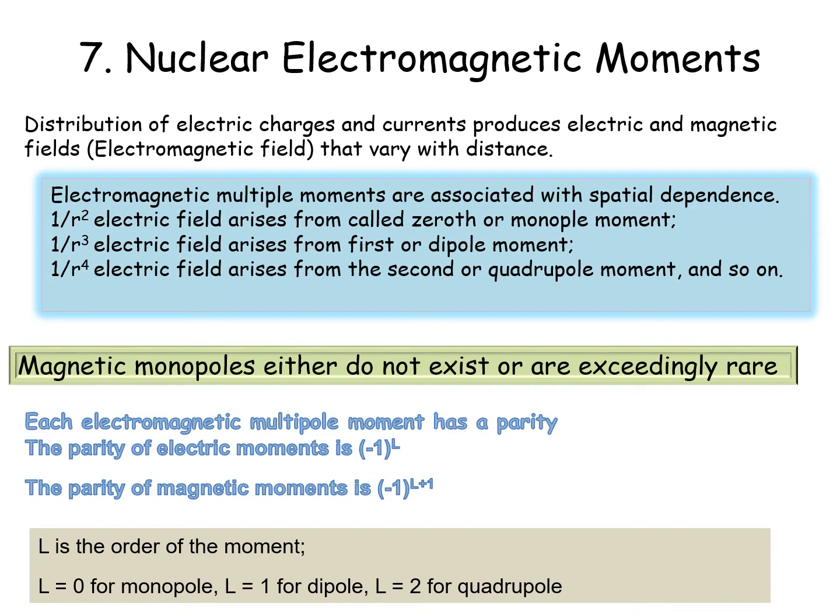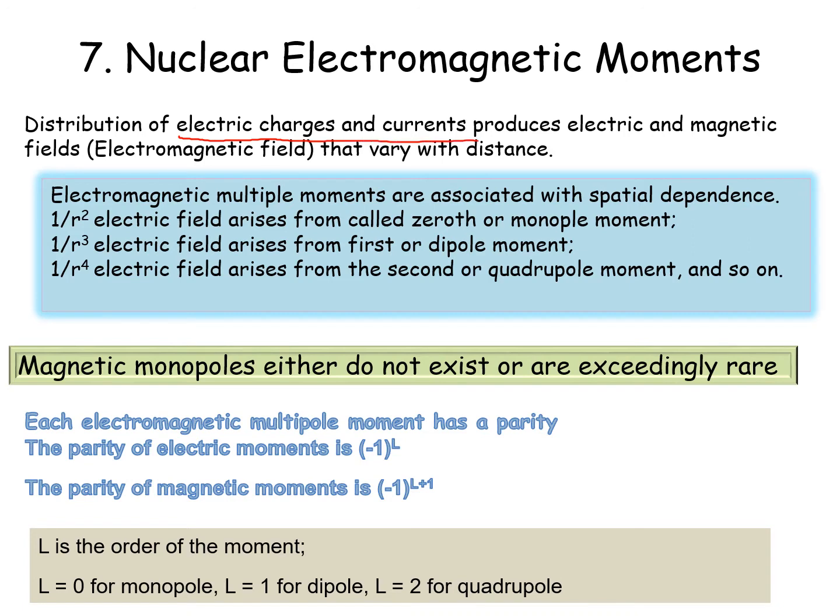The nuclear electromagnetic moments are of two types: the nuclear magnetic dipole moment and the nuclear electric quadrupole moment. Nuclear magnetic dipole and electric quadrupole moments have similar importance in helping us to interpret the nuclear structure. Now, any distribution of